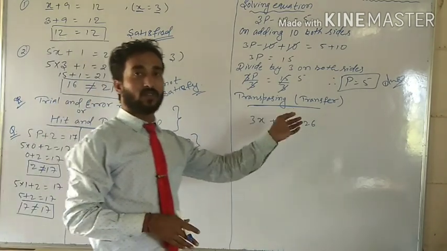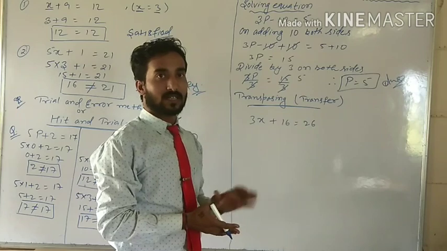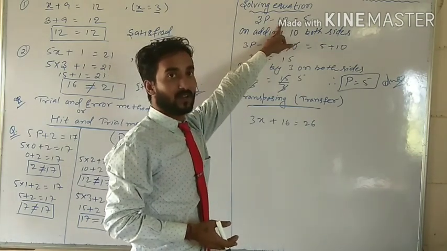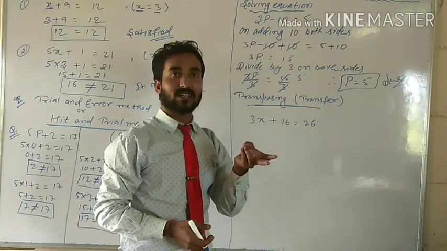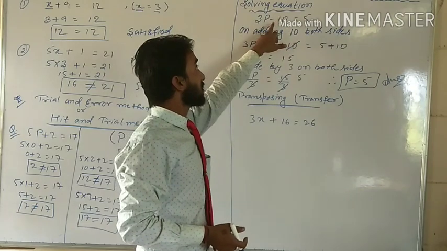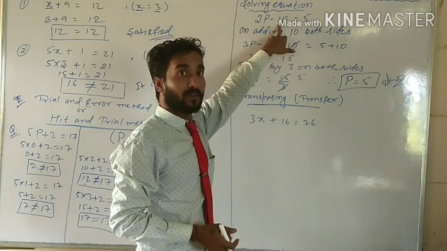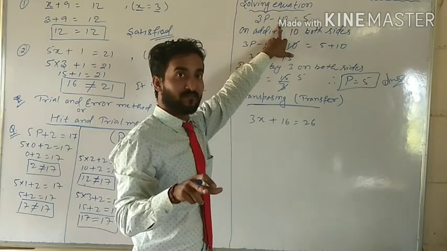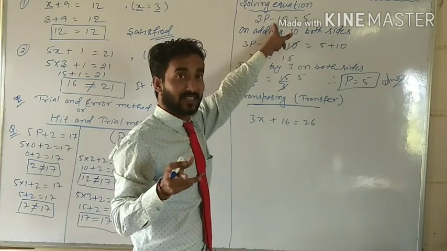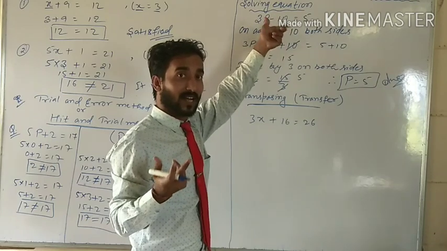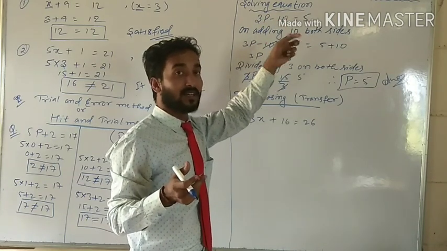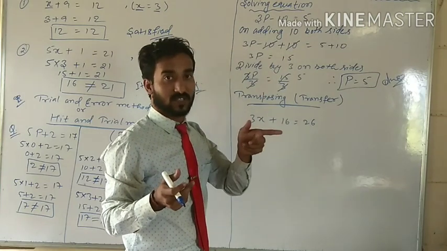You can know how the equation will be solved. Simple. What is the constant value? First of all, we will remove the constant value. Always be careful: same sign will be plus, and opposite sign will be minus. So for eliminating minus 10, what will we do? We will add plus 10. If the equation is given with plus, then what will we do? We will subtract, not add. Because if we add, it will not be eliminated. For eliminating, the sign must be opposite.